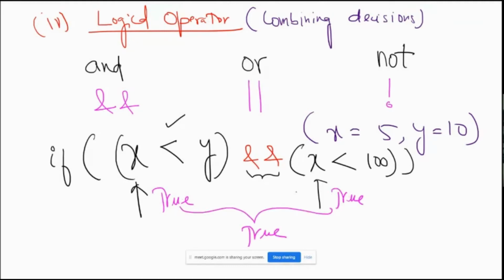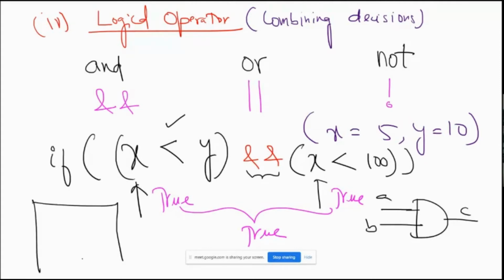If either one of the two conditions becomes false, the entire condition becomes false, which is how the AND operator works, right? Why is this called AND operator? The AND operator's value will be a 1 if and only if both the inputs are 1. You know how an AND gate works, right? In Boolean algebra, an AND gate has two inputs A, B, and output C. So if I am going to draw a truth table for A, B, and C, this is A, this is B, and this is C.